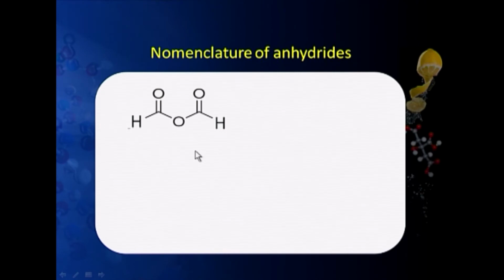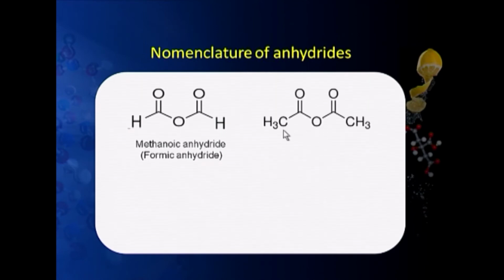Let us name first some symmetrical anhydrides. This is the anhydride obtained from formic acid or methanoic acid. So, one acid molecule, a second acid molecule, they have eliminated water here. So, this anhydride is called methanoic anhydride or formic anhydride. Similarly, if we have an anhydride from acetic acid, the 2 molecules of acetic acid have combined. So, this will be named as ethanoic anhydride or